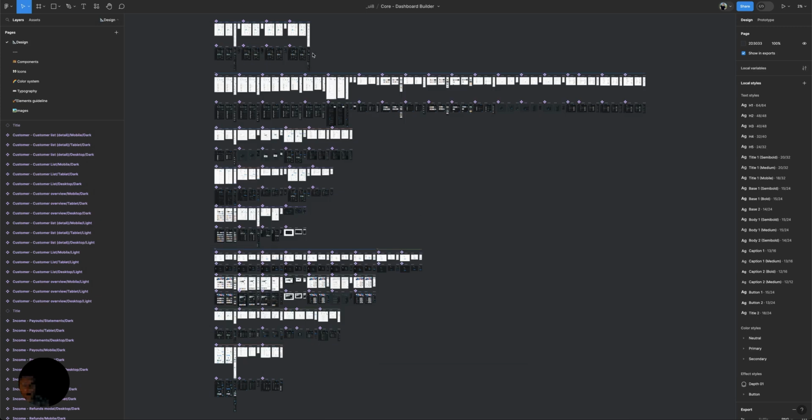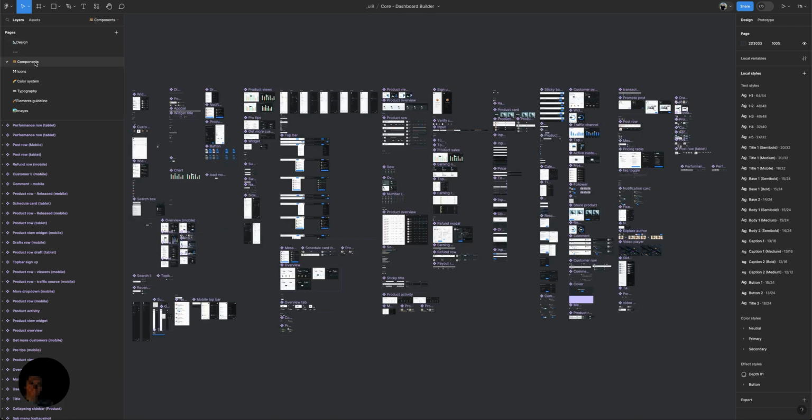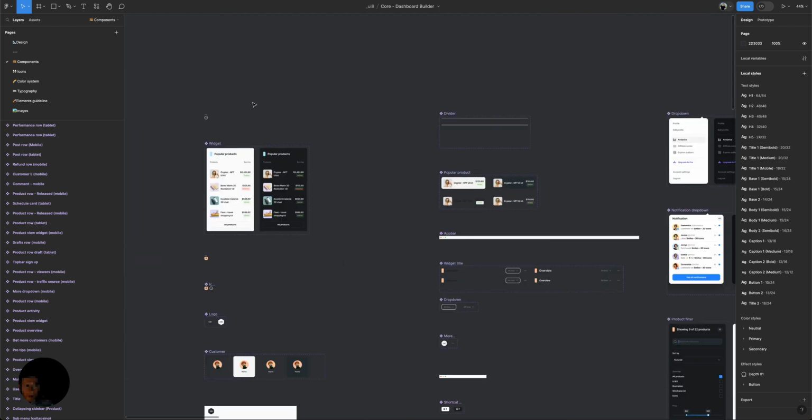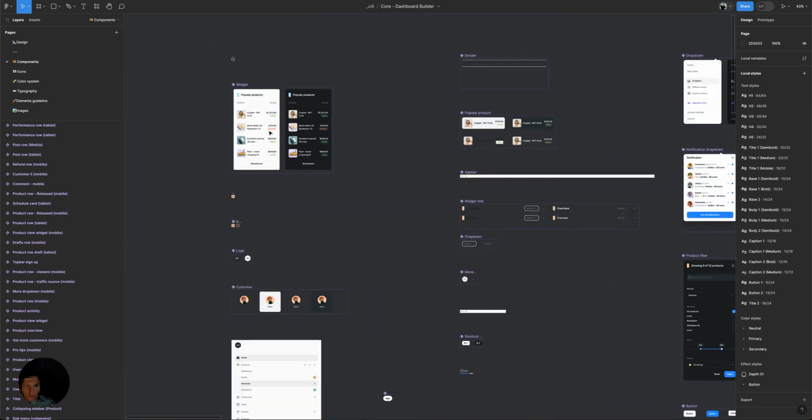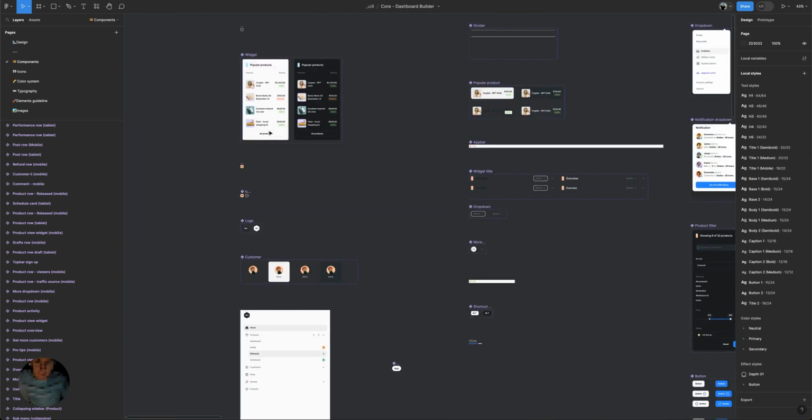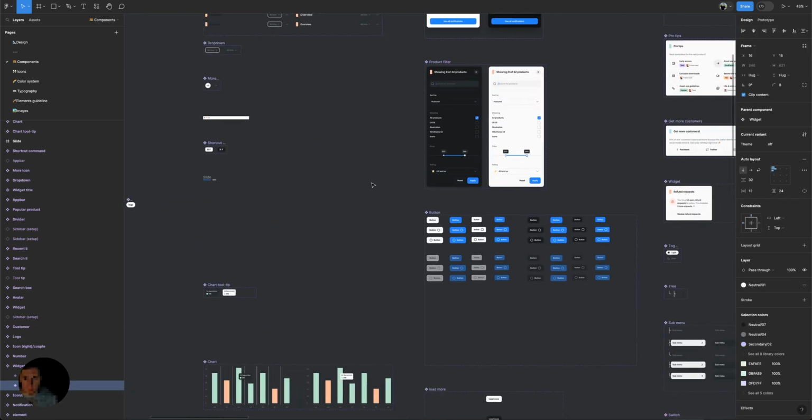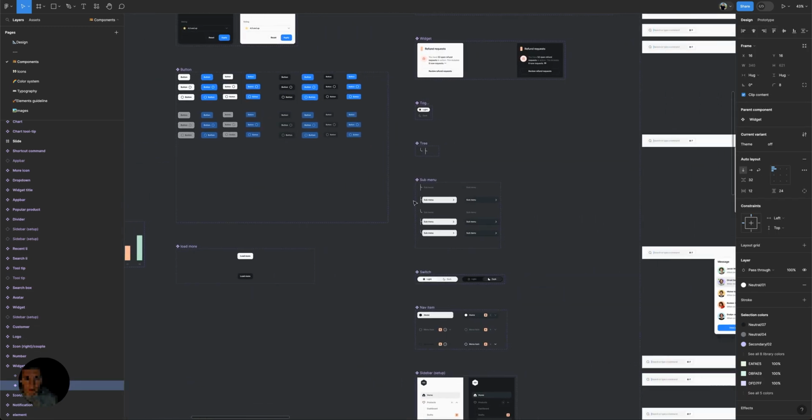Okay, we have another UI8 core dashboard builder. Plenty of screens, a bunch of components, and it looks very, very high level. Let's see, we have some buttons, some